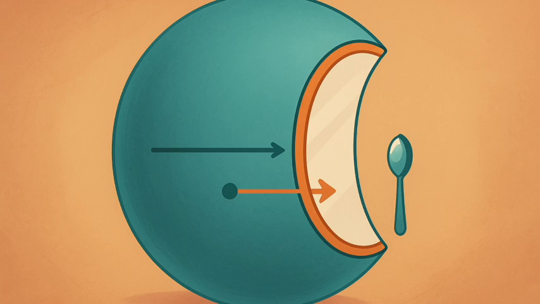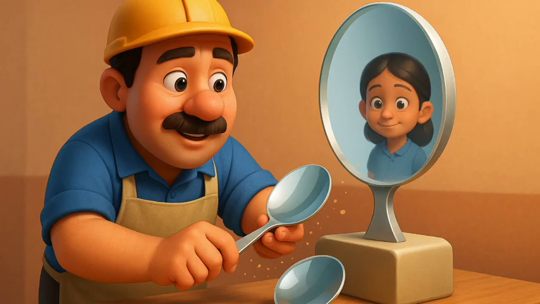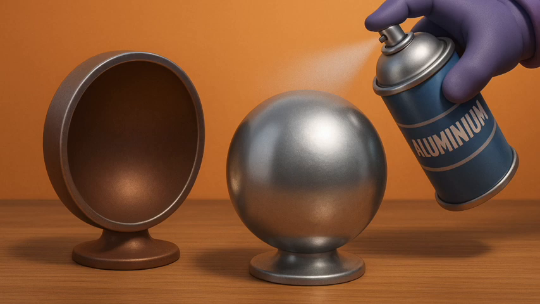A step further, the shape of a spherical mirror is such that it can be thought of as a part of an imaginary hollow sphere. However, remember that spherical mirrors are not made by slicing a hollow glass sphere. Instead, they are created by grinding and polishing a flat glass piece into a curved surface. If a reflective coating, like a thin layer of aluminium, is applied on the outer curved surface, it forms a concave mirror. If the coating is applied on the inner curved surface, it forms a convex mirror.